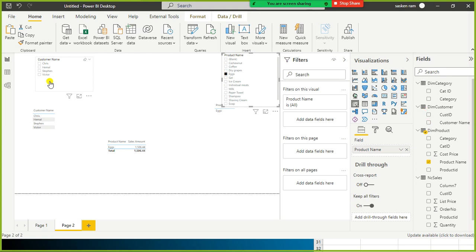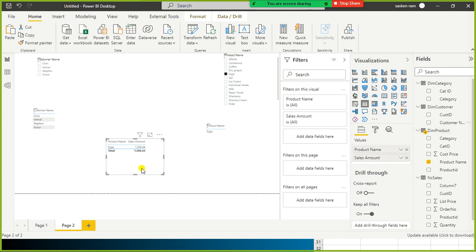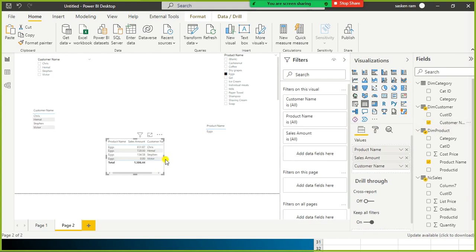The X was purchased by Chris, Hemal and Stephen, look here in the customer table, and then in the product table whatever we select. Look here, the total sales for X is 1504. Also you can use the customer name here for our reference, because we have enabled the bidirectional relationship with all the tables. So Chris, Hemal, Stephen, Victor, these guys. The takeaway here is, if I apply a filter in this slicer, the corresponding values should get filtered in the other slicer and the other visual.